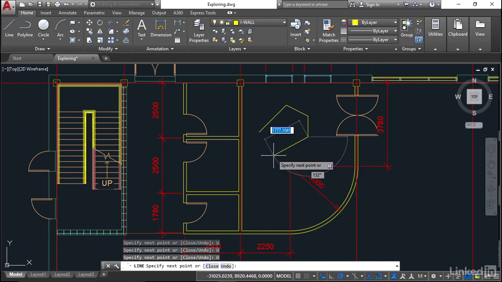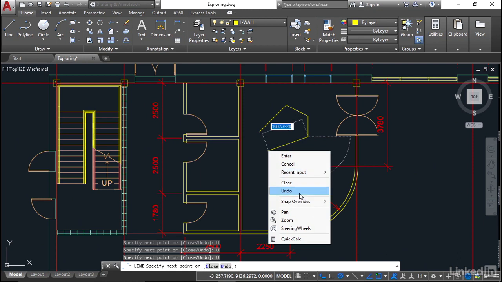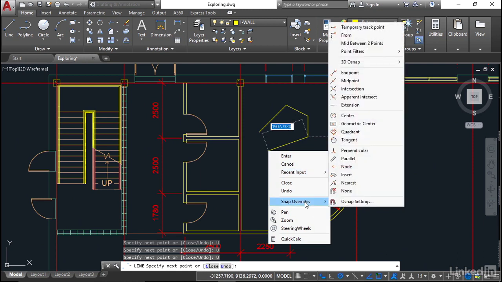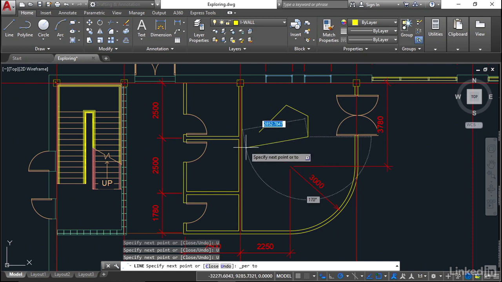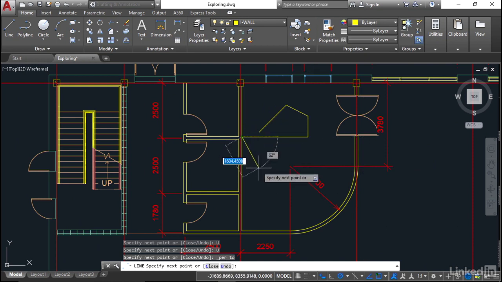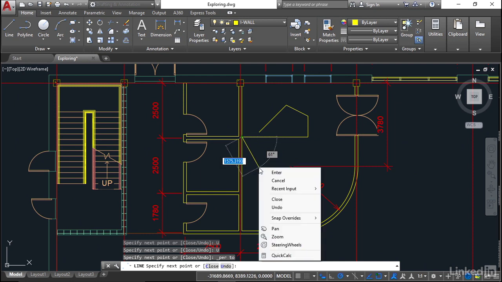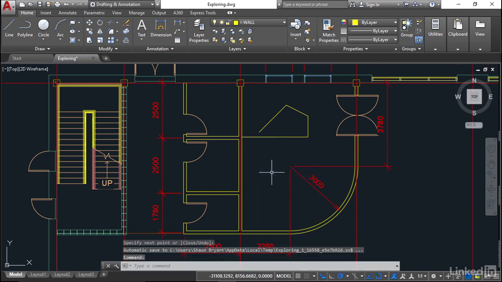Now, one of the benefits I do have as well on the right click is snap overrides. That means I can override my running object snaps and perhaps use an object snap that isn't on my snap settings, such as perpendicular. So if I now take that to there, can you see there's my perpendicular snap, and I can snap exactly at right angles to that wall there. It's a nice horizontal line, for example,